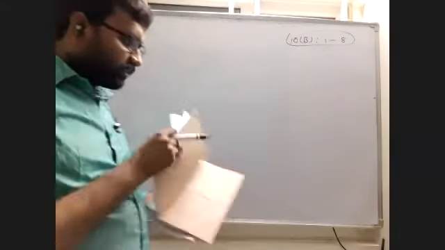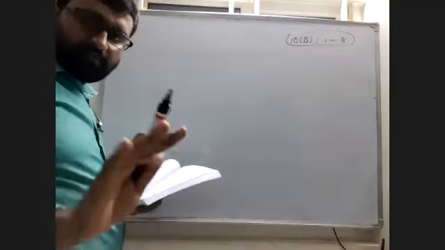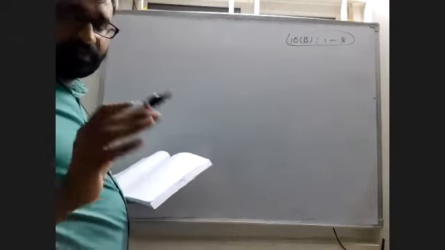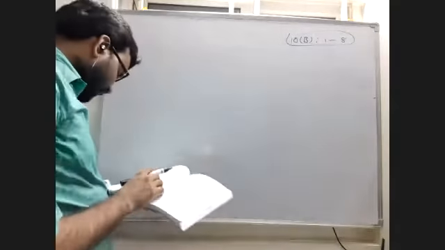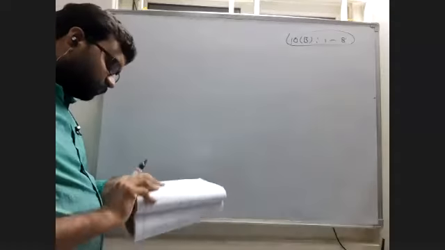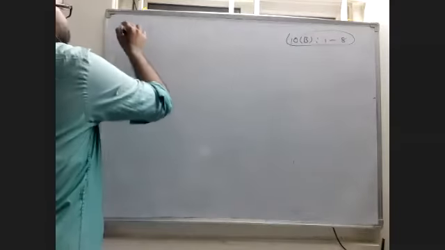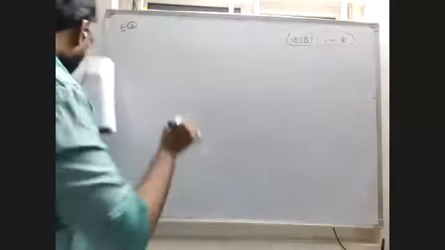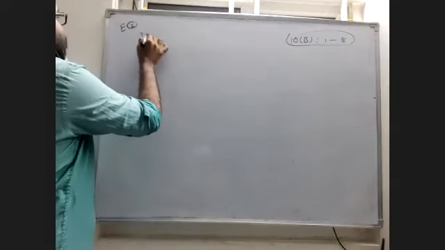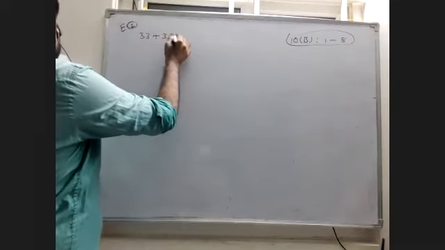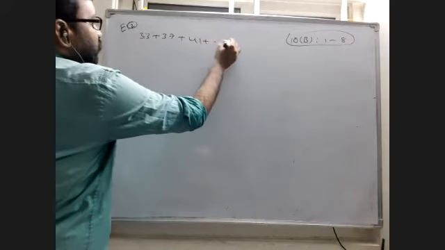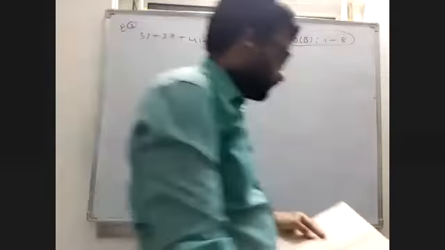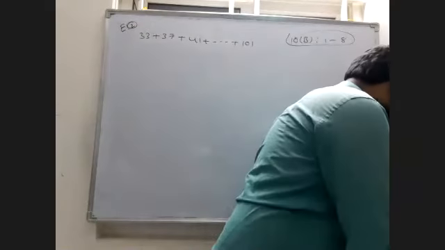Now see the question I am giving. Listen carefully. Every question is very important, also for further studies. That's why listen carefully. The question is: find the sum. Example 2. Find the sum of the progression, which is given as 33 plus 37 plus 41 plus so on up to 101. This is the progression. We have to find the sum.